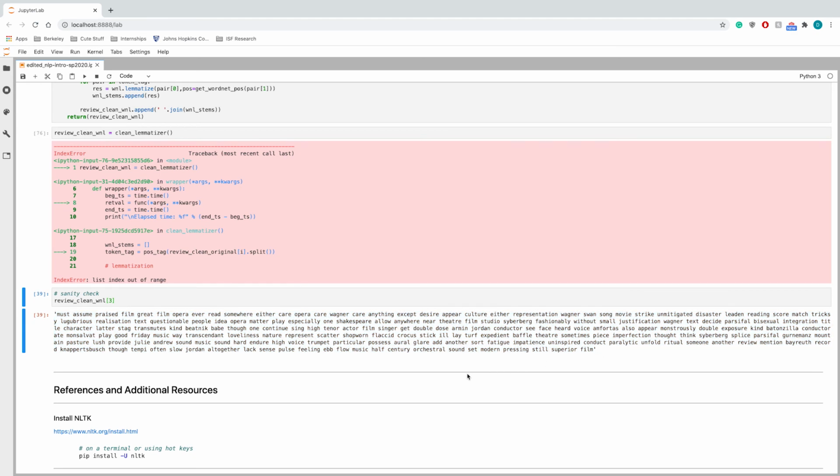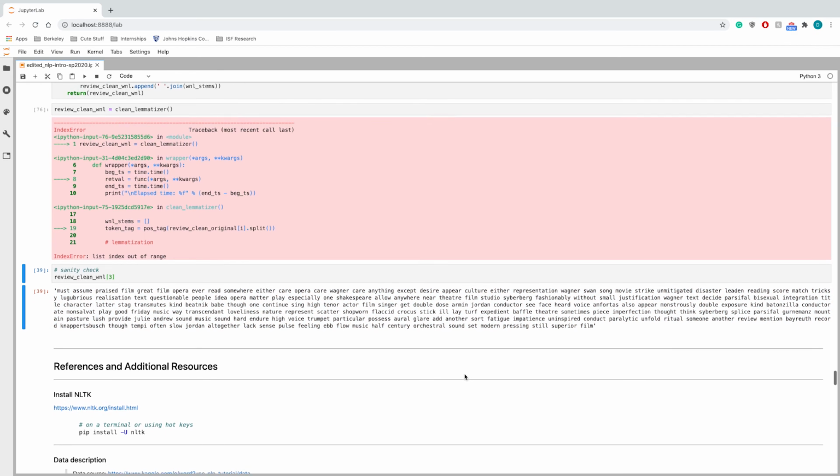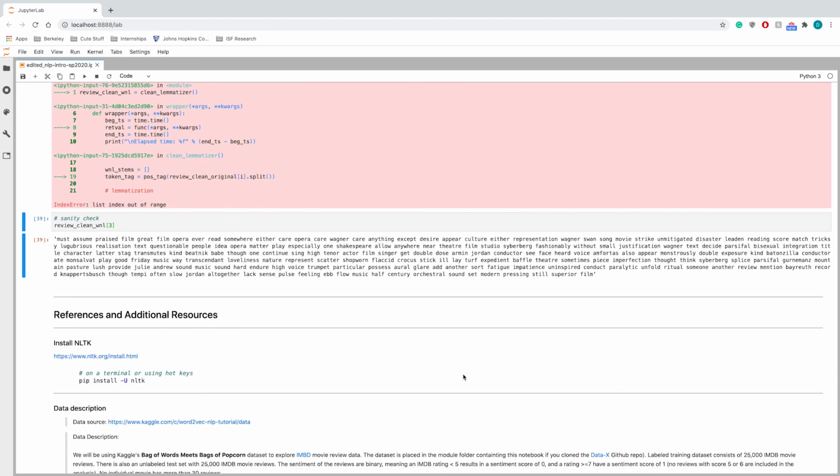And that is all for this section of Module 1 code, and we will be continuing this code in the next